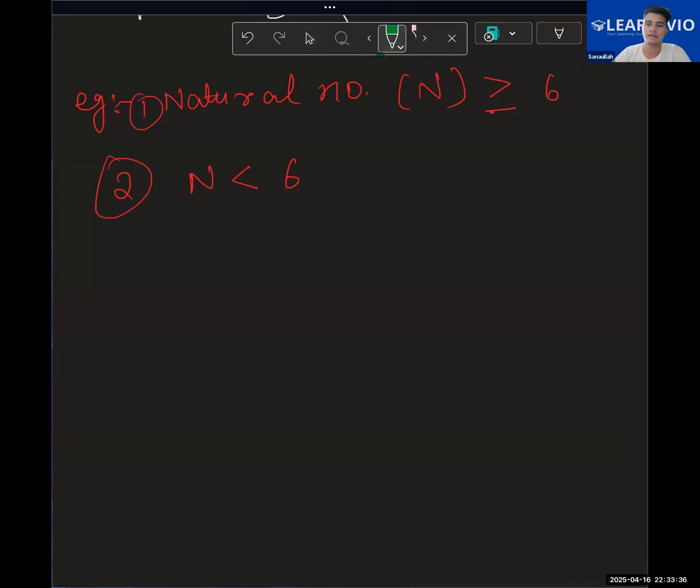Like natural number greater than or equal to 6. So what is a natural number? One that starts from 1 and goes to infinite. So for the first one, we have to include 6 also. So 6, 7, 8, 9, and where will this go up to? This will go up to infinite. So this is definitely an infinite set,